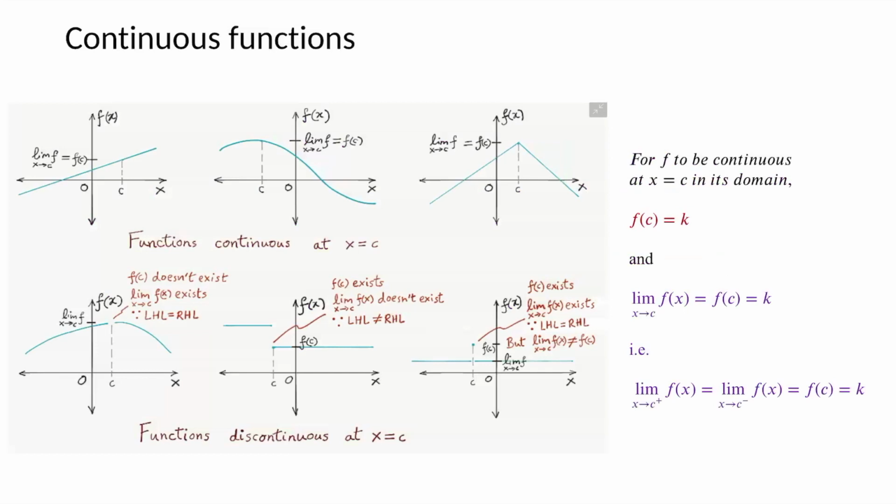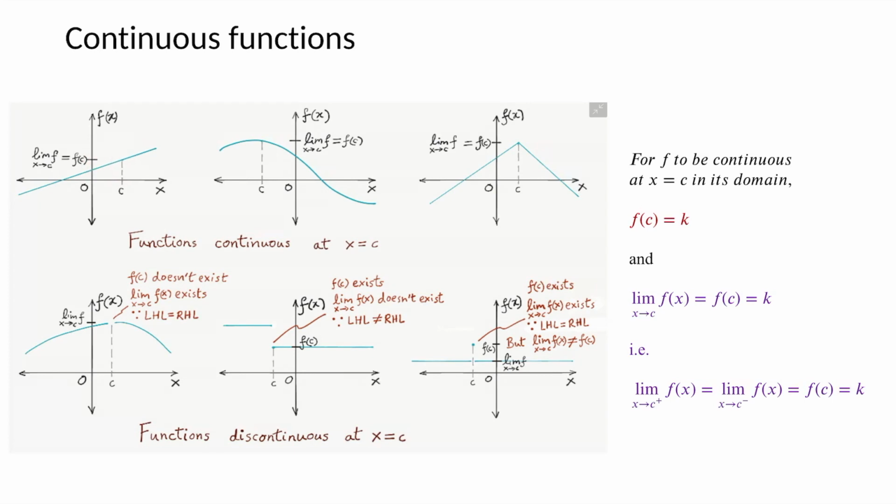We had seen in the last session how we find whether a function is continuous or not. Now look at these 6 graphs here. The graphs on the top represent continuous functions at all the points. As a test, consider any random point x equal to c, and the first thing to check is whether the function is defined at x equal to c. So here the function does take a value at x equal to c, which is somewhere here.